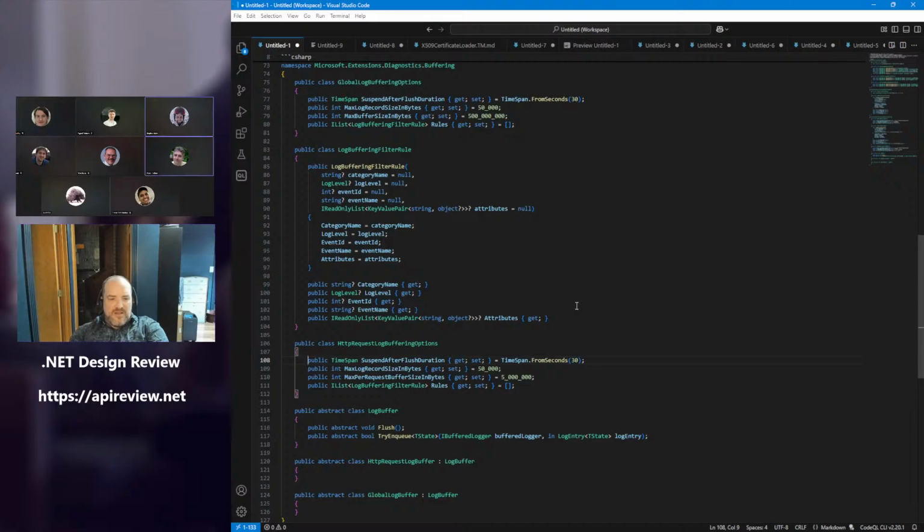Mm-hmm. But only globally, right? You can't do that like per flush or something, which would be interesting. Like it's more powerful perhaps to make that like a parameter to flush and more obvious. Because honestly, if I was just reading through the API and I saw suspend after flush duration, I would probably just hope that doesn't matter and not realize what's going on, and that the things after I call flush are now being flushed. It's a very interesting behavior. I see utility, but